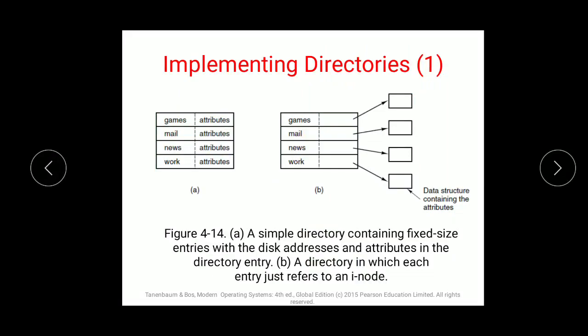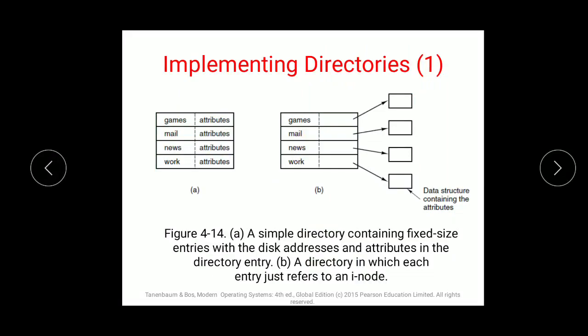Every file will have its attributes: name, date of creation, date of last opening, data size, type of file, all such things. We have already discussed the different file attributes. The directory entry stores these attributes of the file.